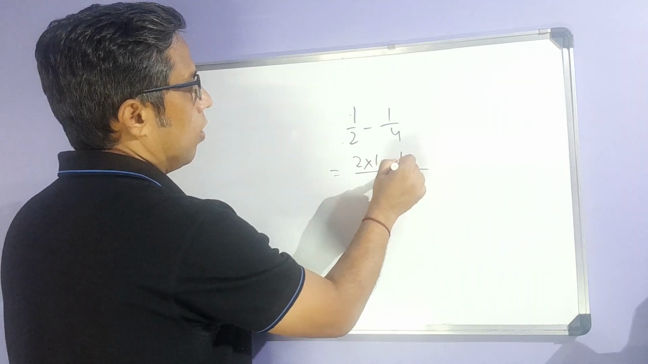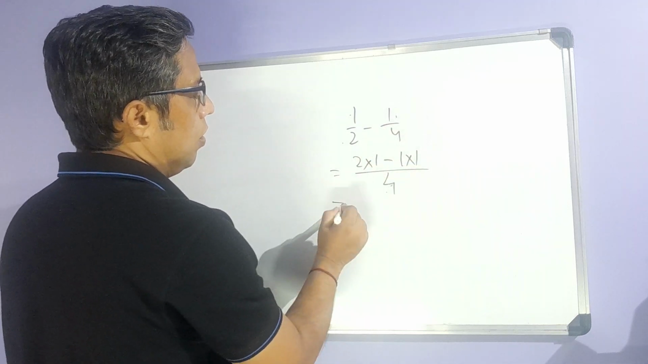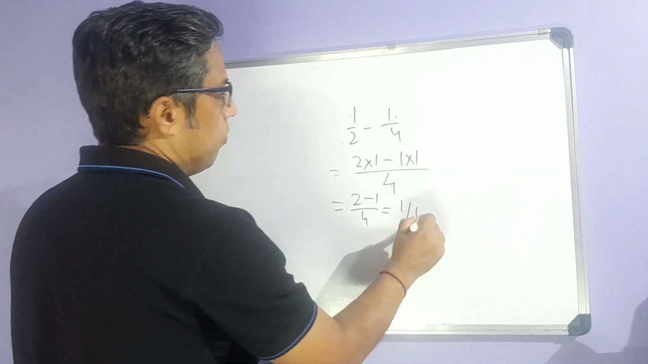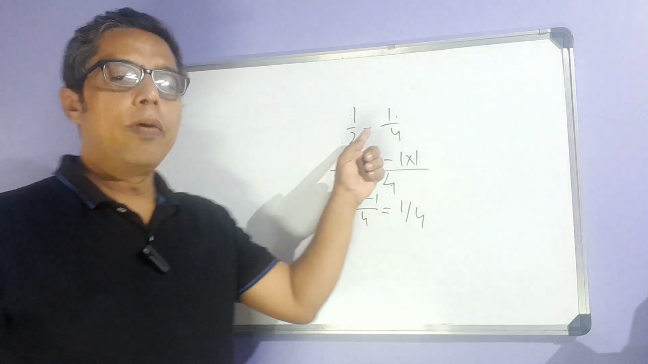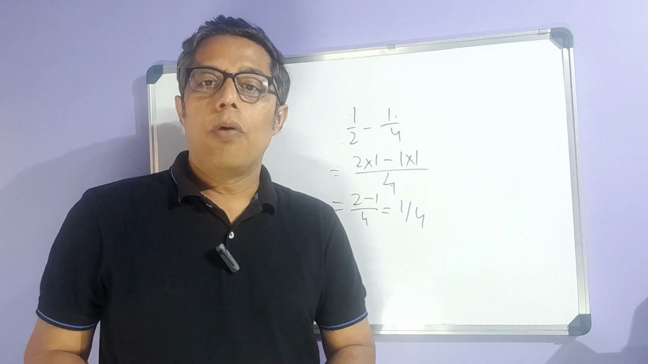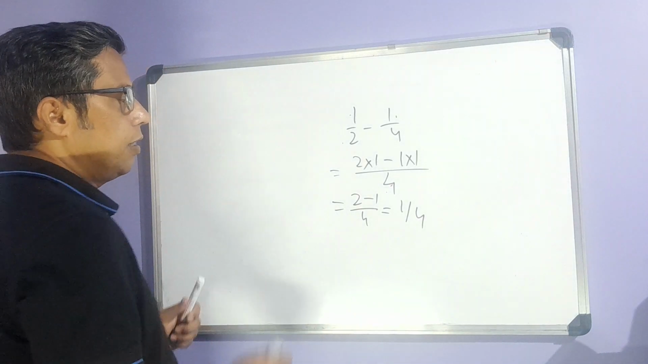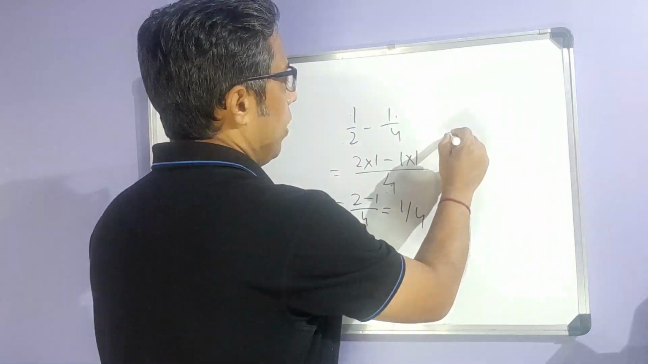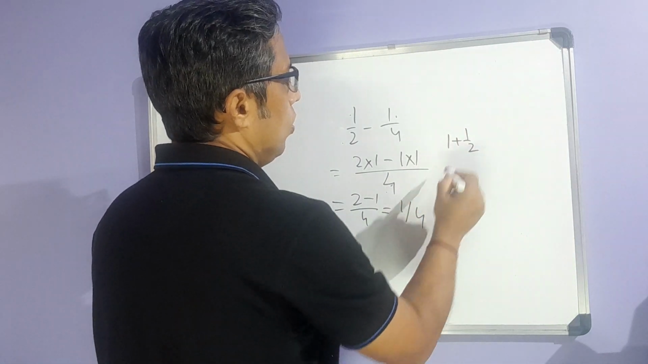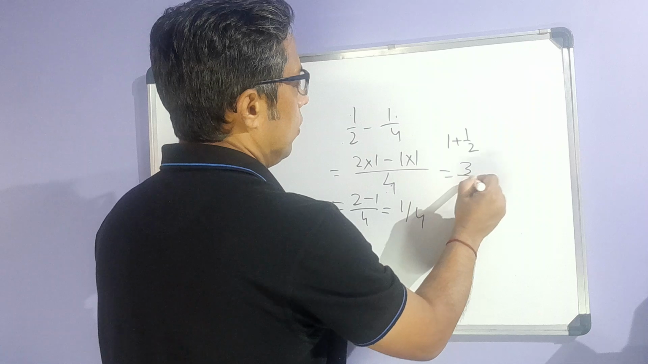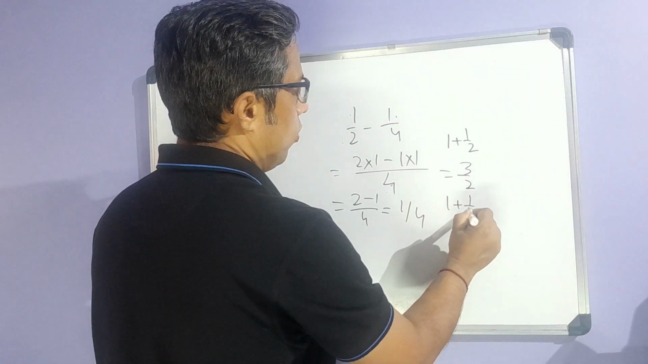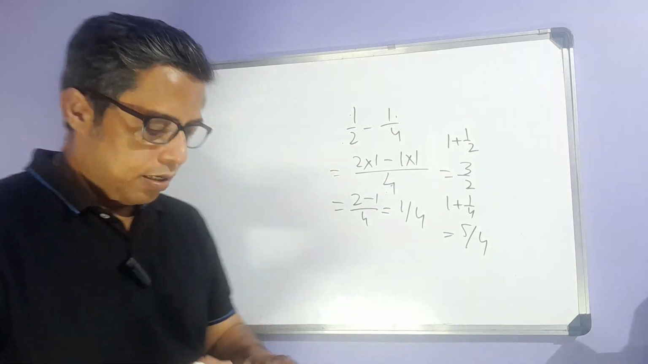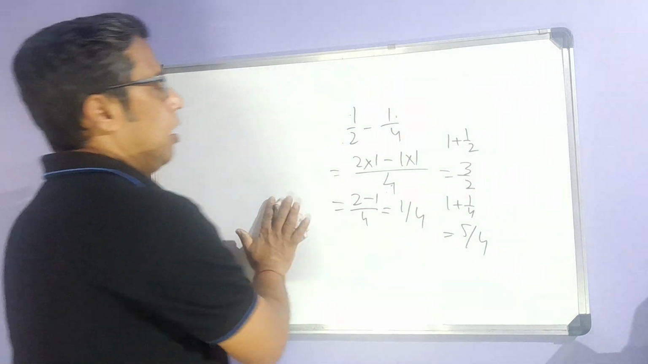Minus 4 by 4, 1 into this 1. So it will be 2 minus 1 by 4. So it will be 1 by 4. So 1 by 2 minus 1 by 4 is equal to 1 by 4, right? So these are the very basic fractions you have. Like if I do 1 plus 1 by 2, it will be 3 by 2, or 1 plus 4 by 3, it will be 5 by 4, right? Okay, now